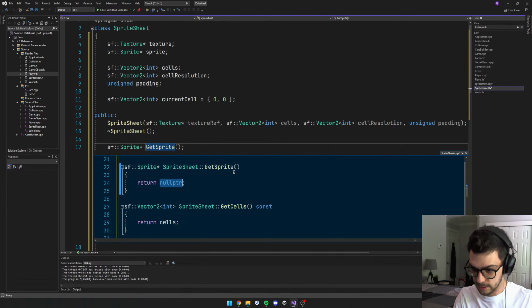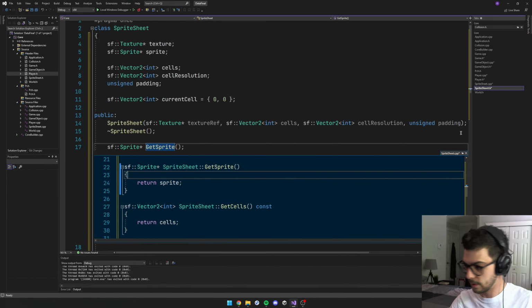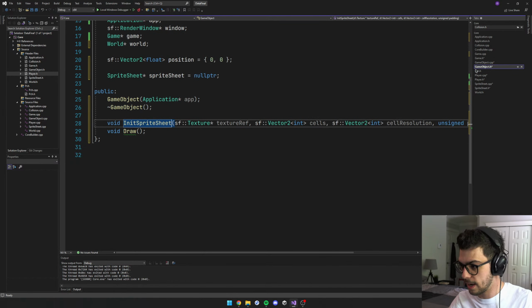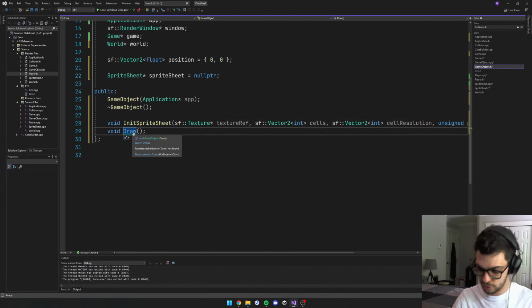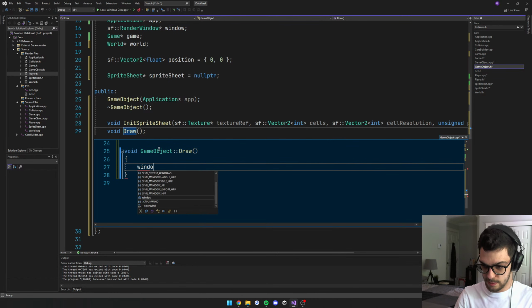Okay, so we're looking at sprite. Cool. Now we go back to game object dot h, create draw, where we say window